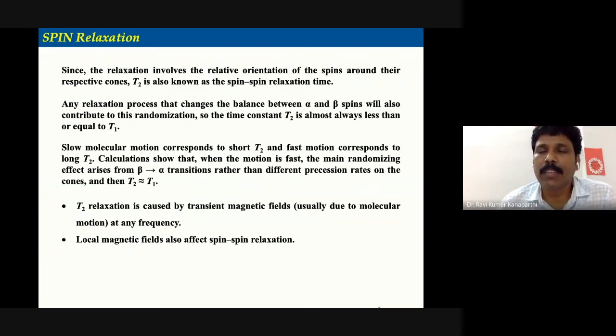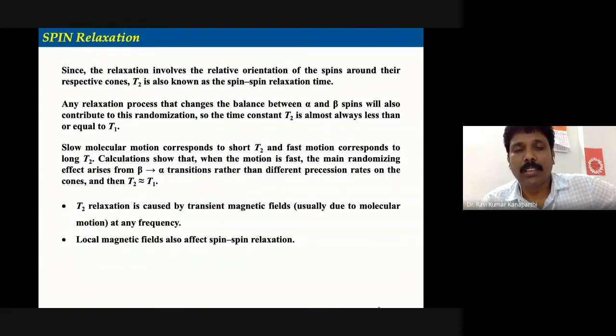Originally we have different directions. These nuclear spins are aligned with respect to the field, and they are precessing along a cone in different directions. So this is the thermal equilibrium. But after the pulse, the situation changes, where you have them all together as a bunch, precessing in the XY plane. So this has to go. This is not the thermal equilibrium. So this has to be modified to the original state.